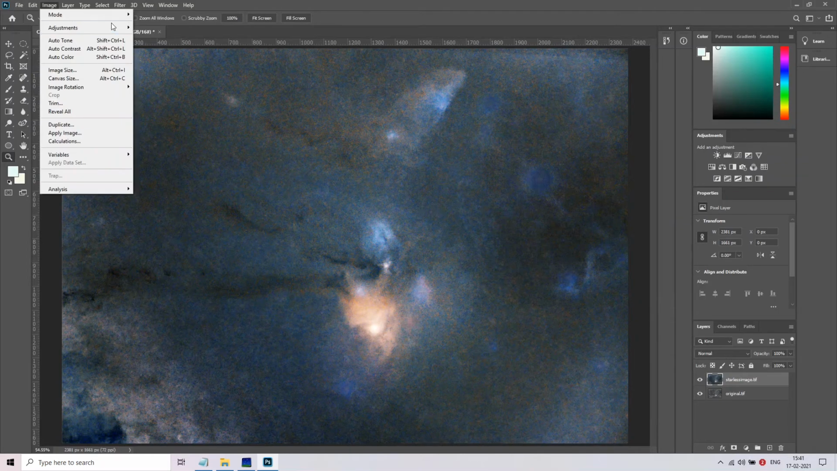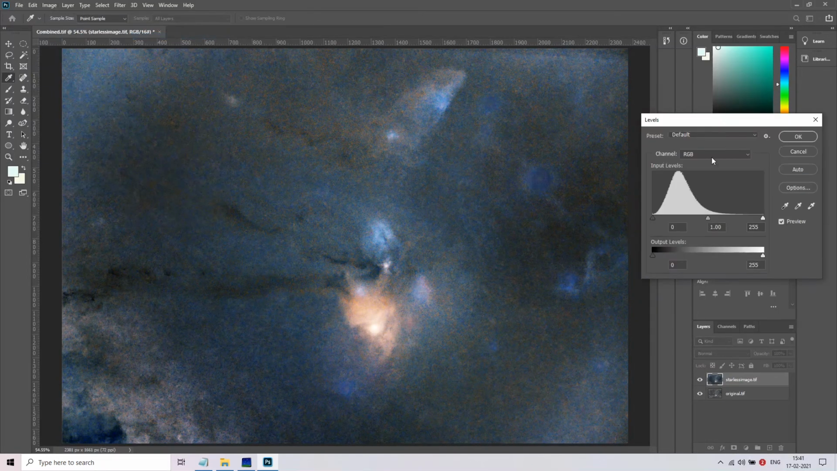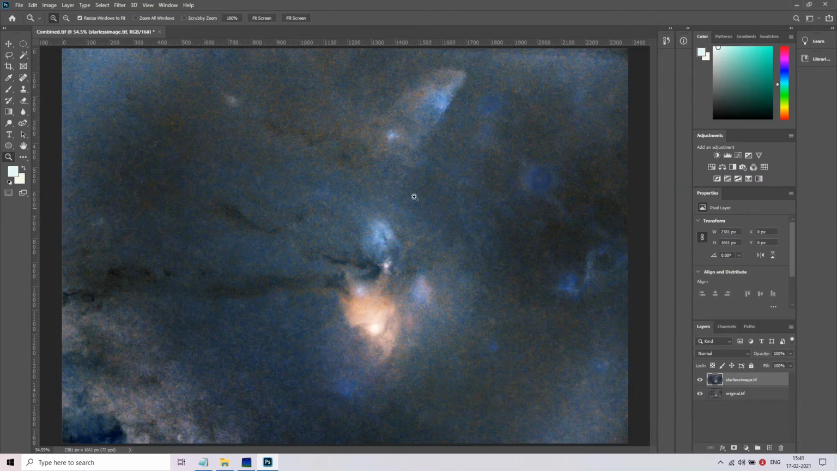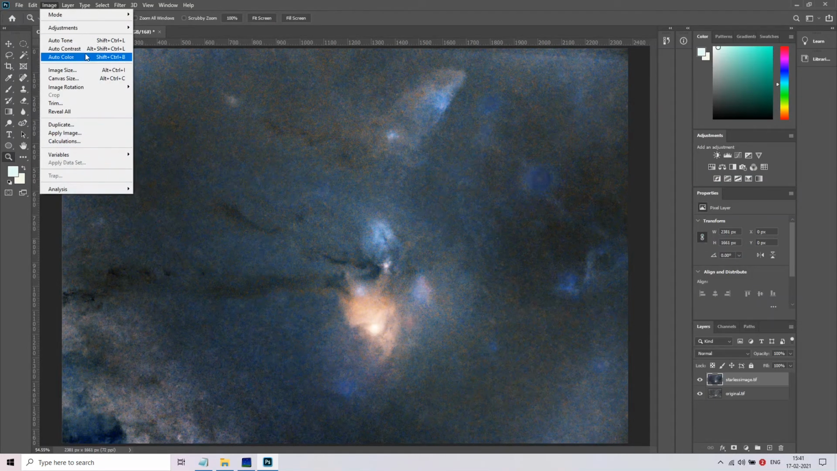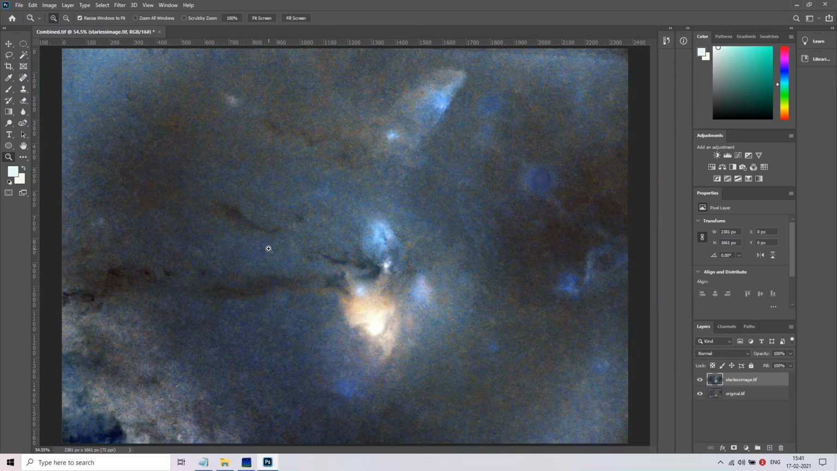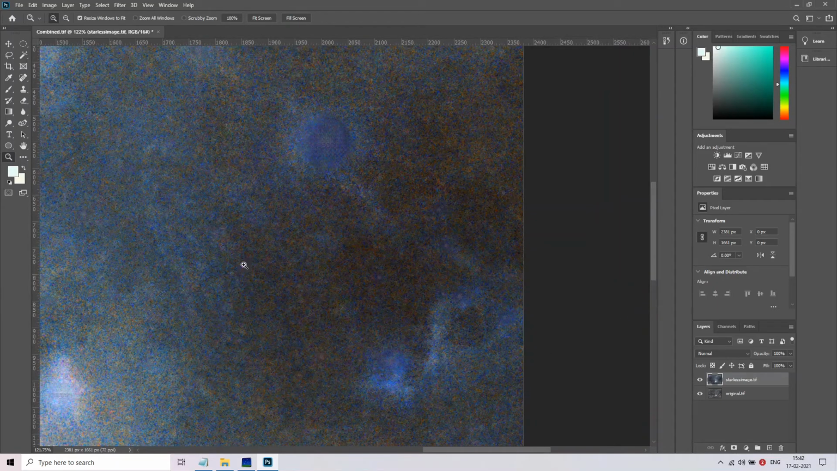And then you can do a lot of stuff again. Levels are fine. Color balance, you can change that, or you can press auto color. That does a much better job than I can ever do. But all right, so you can start to see, of course there's a lot of noise in the image, because this is only a 42-minute integration. No flats, no bias, no darks, no calibration frames. And yeah,